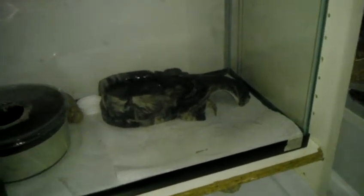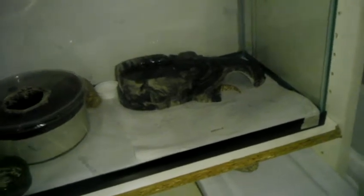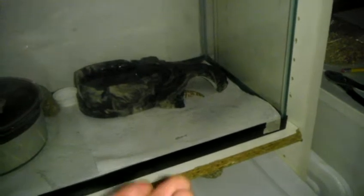Now, most people will take the adhesive from their heat pad and stick the pad under the tank. I used to do that myself, but I actually do not do that anymore. I just leave the little sticker part on and never take it off. That way you can interchange it and use it on different tanks. And if you just put it under the tank, because heat pads commonly get up to like 100, maybe 110 degrees, you don't really need to stick it up onto the glass,